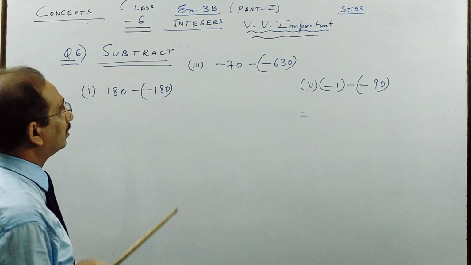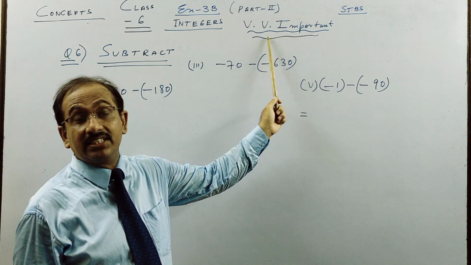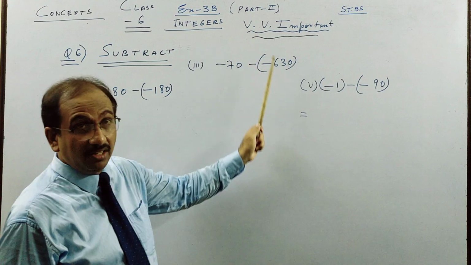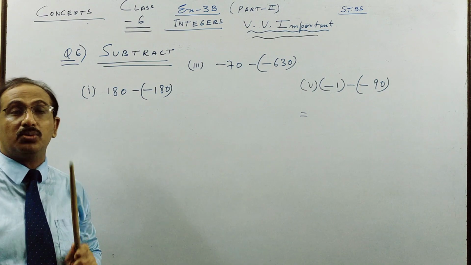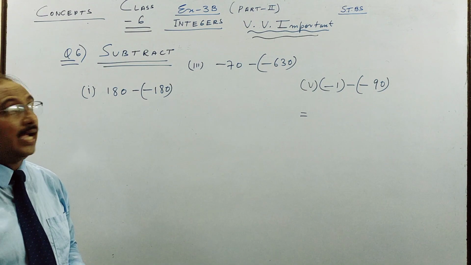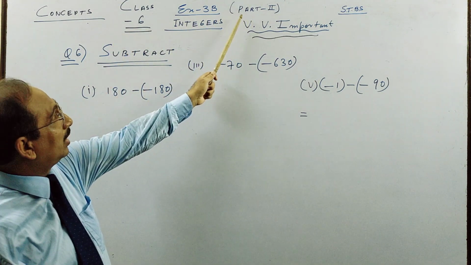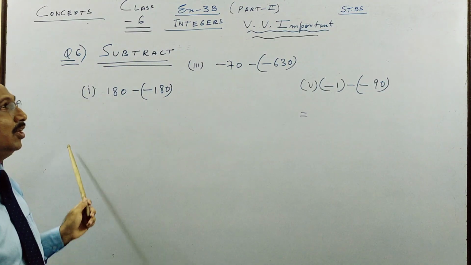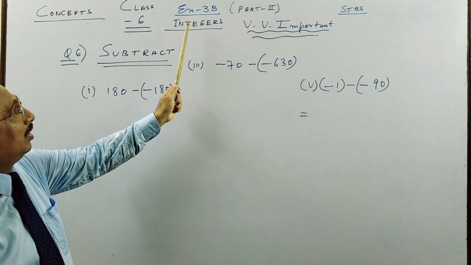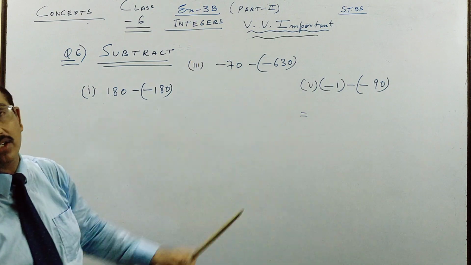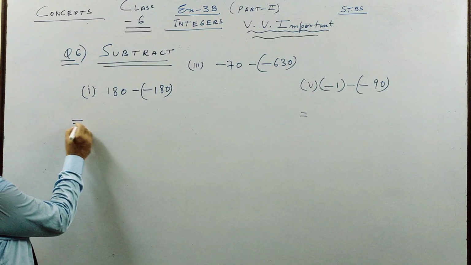So once more, boys, I am telling you this chapter is very, very important. You will see I don't always write this in every video. This is really very important. You need to copy all and do them at least in your rough copy 2-3 times till you understand. And this is part 2 of this chapter. In part 3 I will do questions from 7 onward. A few more questions are there which I'll do in the part 3 of the integers video, which will actually be the second part of exercise 3B. So let us take the last sum for this session and see how we do.